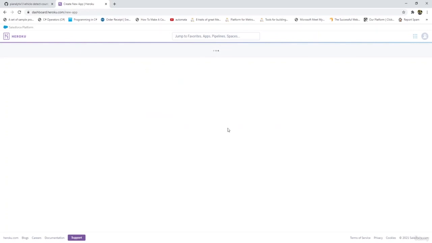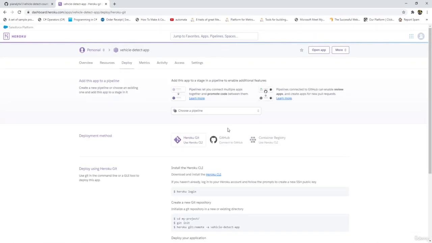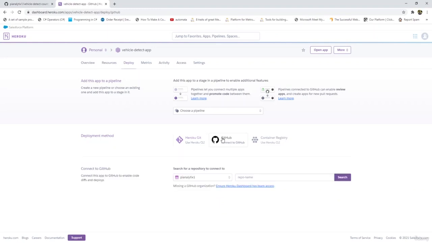As soon as you create the app, it will show you the overview or the deploy tab. Now you need to deploy this app. You can use Heroku Git, that is the Heroku command line interface, and do that manually from your system. But an easy way is to connect your GitHub directly to your Heroku account. So we'll click on this and connect our GitHub account.